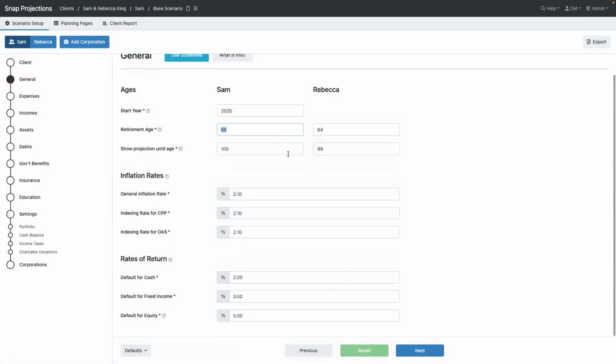So some general assumptions, of course, that we need to make is when we're going to start the plan. We're going to run it starting in 2025. As we approach the end of this year, maybe it makes sense to start the plan in 2026. And this is where you have the option to do so. Now we have the retirement age for Sam and Rebecca, 65 and 64, and we're running this projection from until